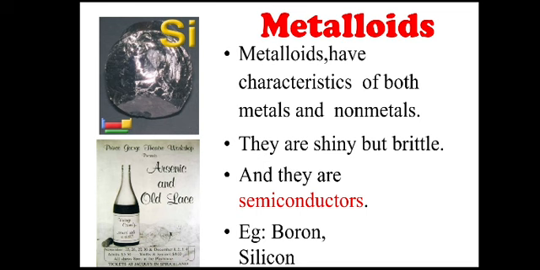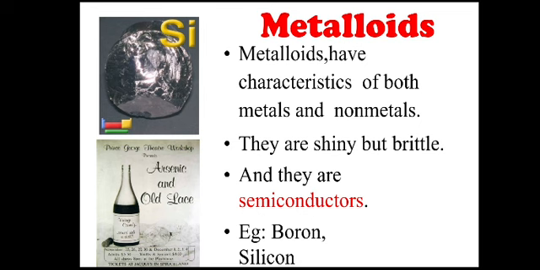Yes. Next we have the metalloids. Metalloids lie in between the metals and non-metals. They will partially behave as metal and partially will have the characteristics of non-metal. It is neither a metal nor a non-metal, an intermediate. Half of the characters of both the metal and non-metals will be present in it. Examples are boron and silicon.